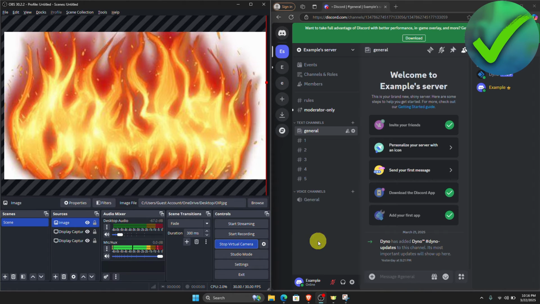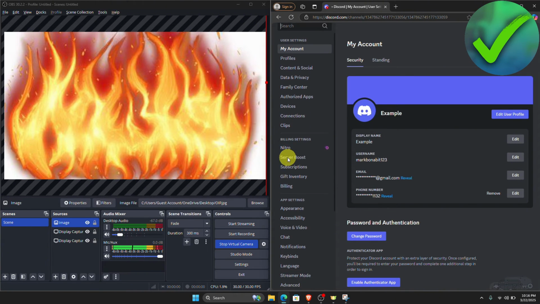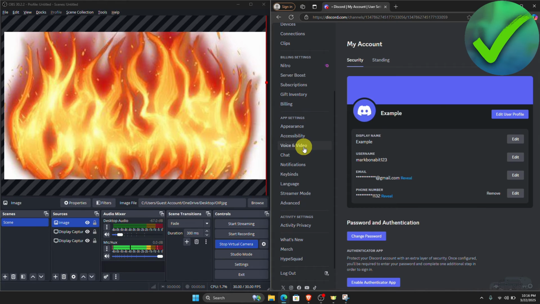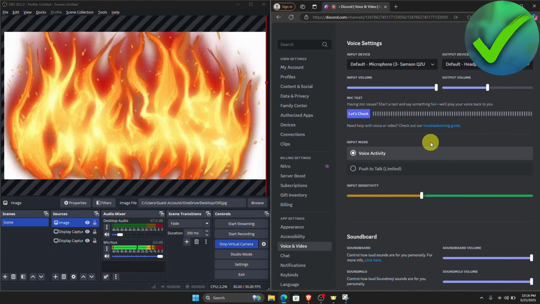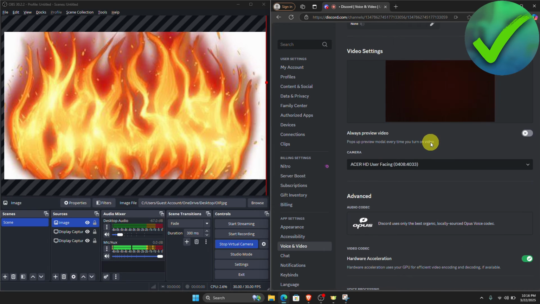So on your Discord, just go here and then just go to any server and then click this User Settings, which is located right here. And then on the left screen, just scroll down until you see Voice and Video. Once you're now here, just scroll down until you see this Video Settings, and then just click this